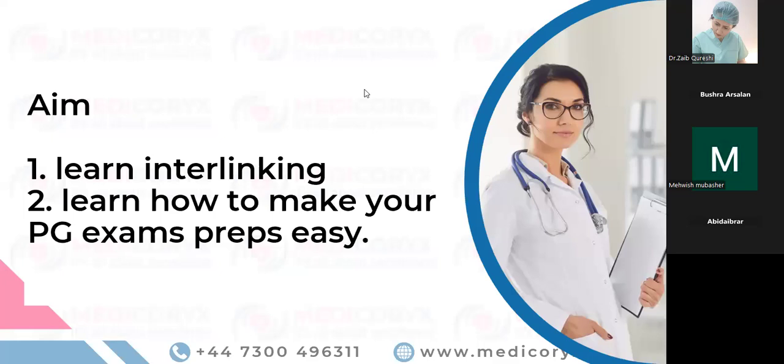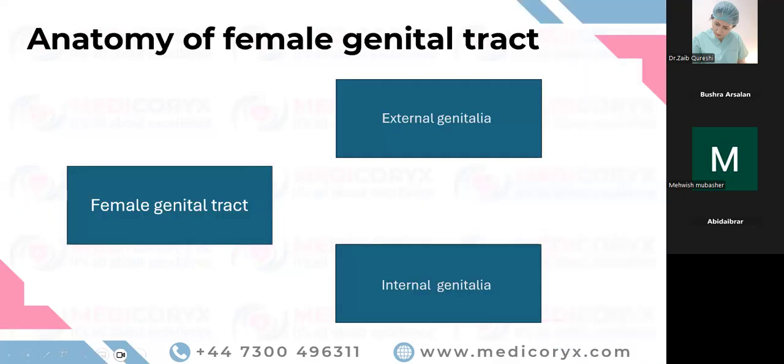If you don't learn the smart study method, there is a high chance that you fail the exam. So learn the smart study and interlink the topics. And if you are able to understand this very important thing, what you have to learn from the anatomy, what you have to learn from the physiology, and what you have to learn from the endocrinology for the MRCOG 1 exam,